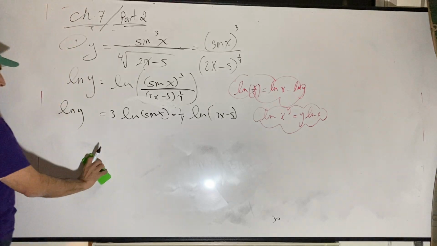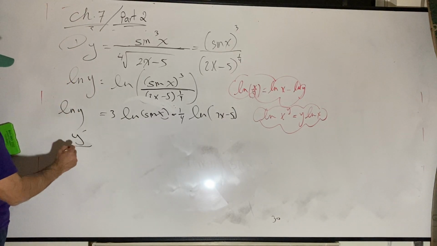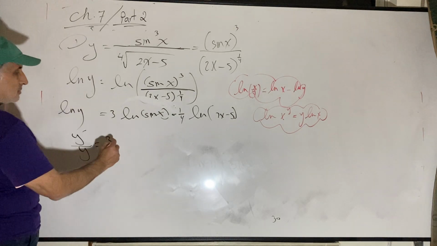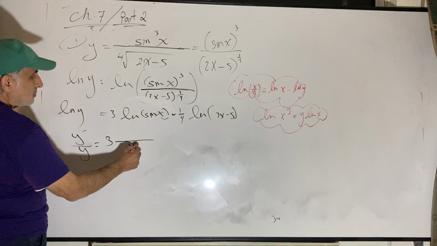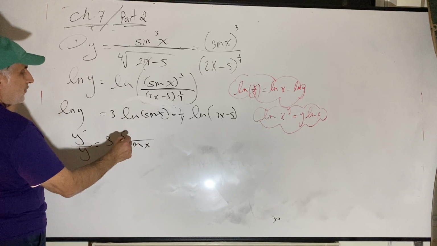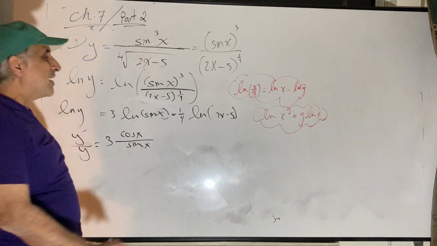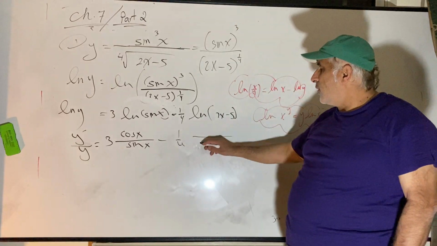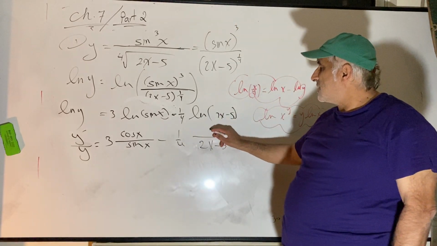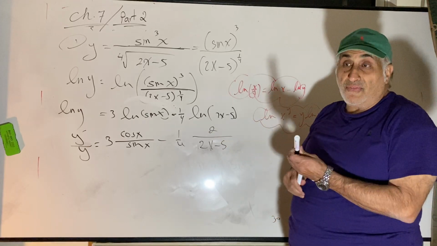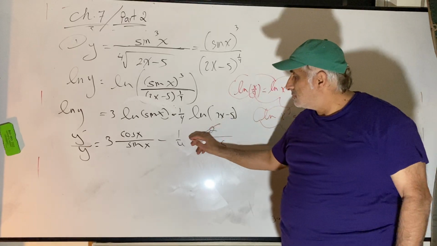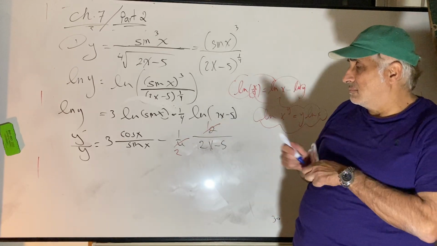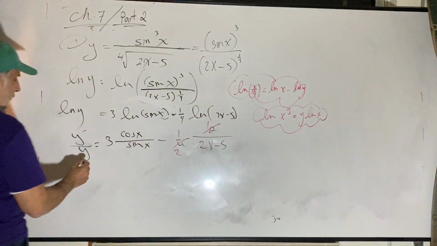Alright? Now I'm ready to differentiate both sides. What's the first one? 3 is a constant, leave it. Sin down, and in the numerator, the derivative of it. Finished. Minus. What's the derivative of 2x minus 5? It's a 2. If you wish to simplify, because you love math, why not? Alright? So the final answer, ladies and gentlemen, the derivative of y over y